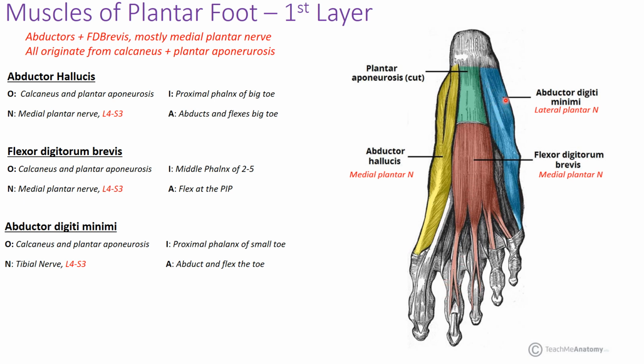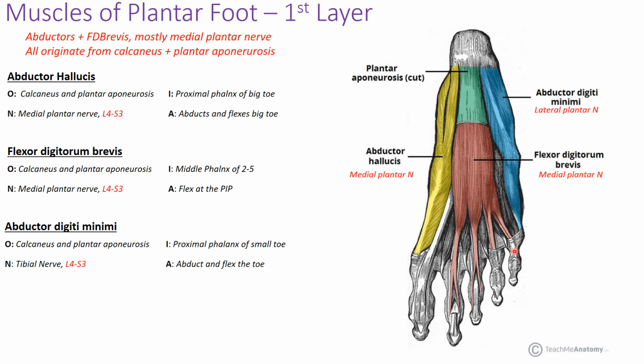Lastly, we have our abductor digiti minimi. It is located most laterally, and as such, it is innervated by the lateral plantar nerve. Again, this is one of the terminal branches of your tibial nerve. It is going to insert into the proximal phalanx of the small toe, and its job is to abduct and